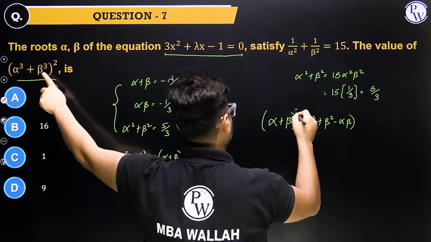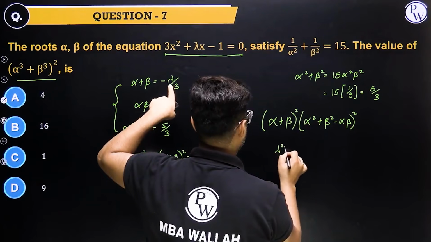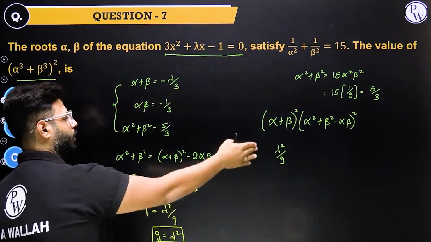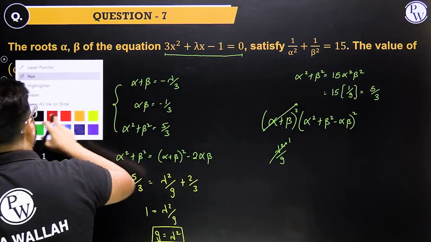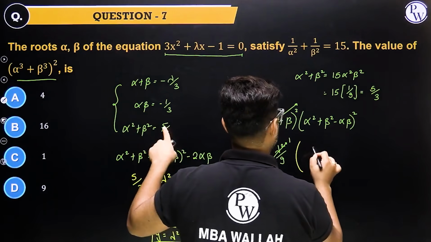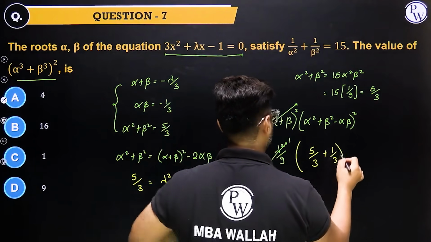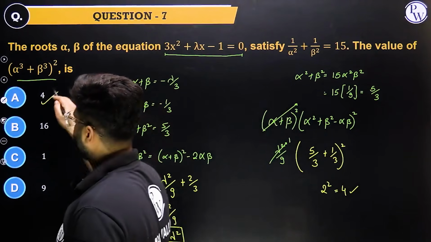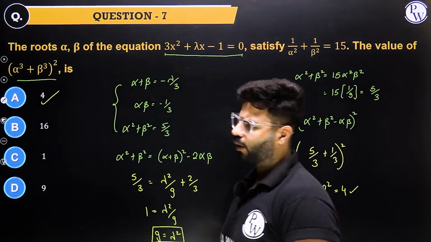But you don't have alpha cube plus beta cube. You have the whole squares. So give the power 2 to both. Alpha plus beta square, that's lambda square by 9. Lambda square by 9 is 1, or lambda square is 9, put 9, 9 by 9, 1. This guy is 1. Sorted. No further calculation required for this. Let's talk about this guy. Alpha square plus beta square, that's 5 by 3, minus alpha beta, minus 1 by 3, that's 1 by 3 whole square. 6 by 3, 2, 2 square, that's option A, right?